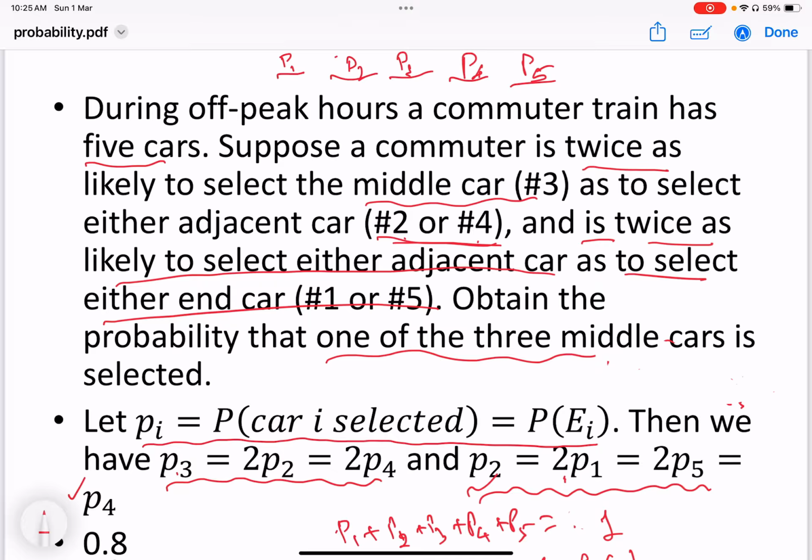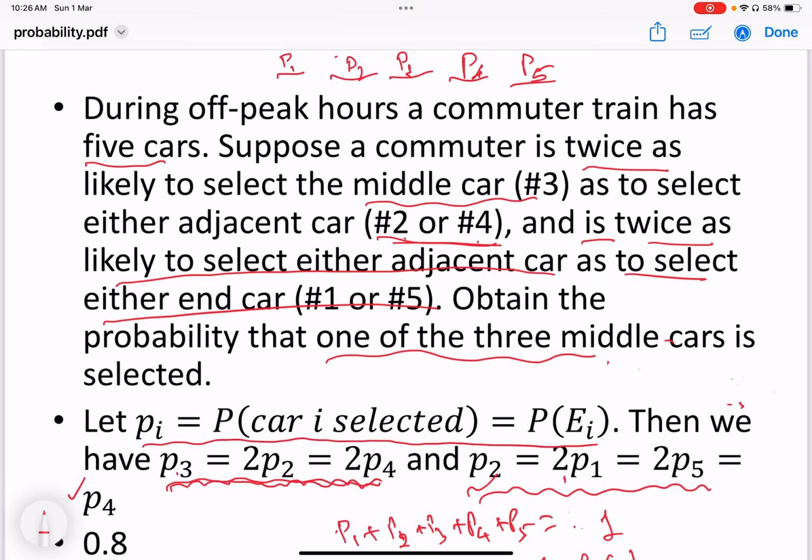So if we say Pi is nothing but the P of car i selected, or you can say P of Ei, then first it is given middle car 3. So what are the chances? Twice as likely to select the middle car 3 as to select either adjacent car 2 or 4. So P3 equal to 2P2 and equal to 2P4,